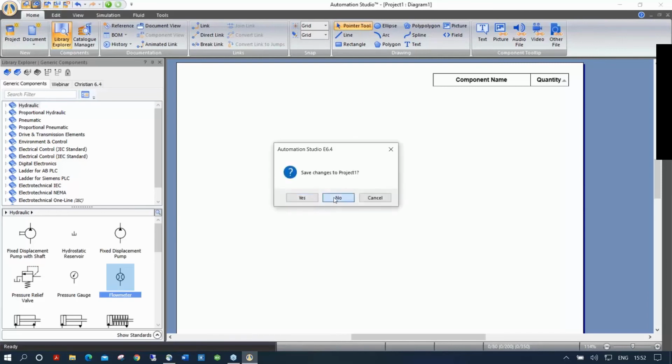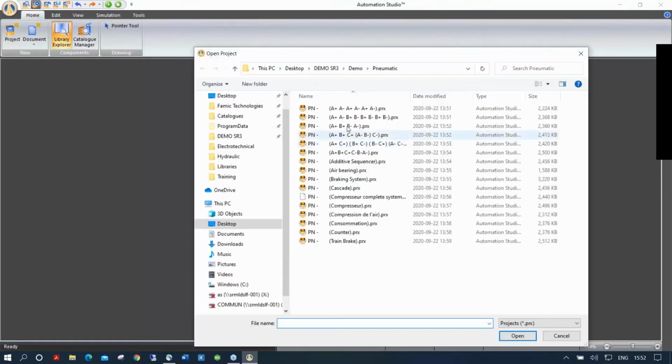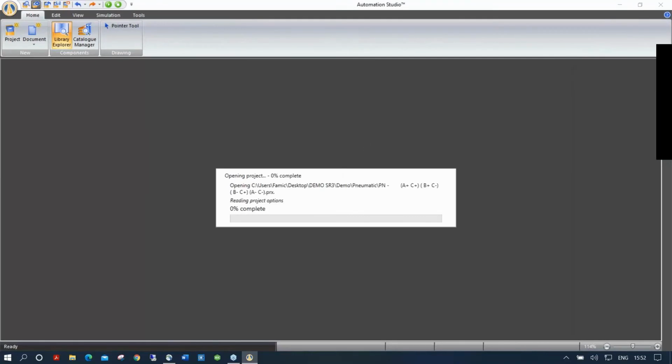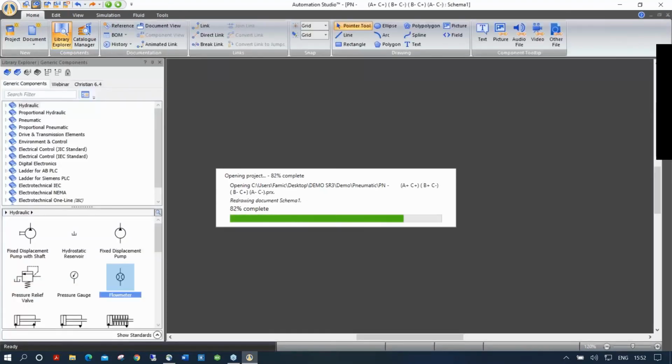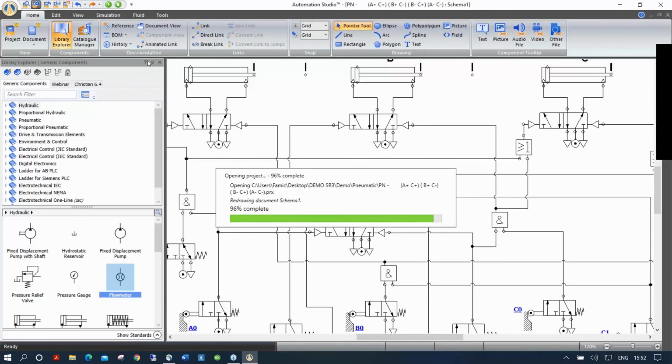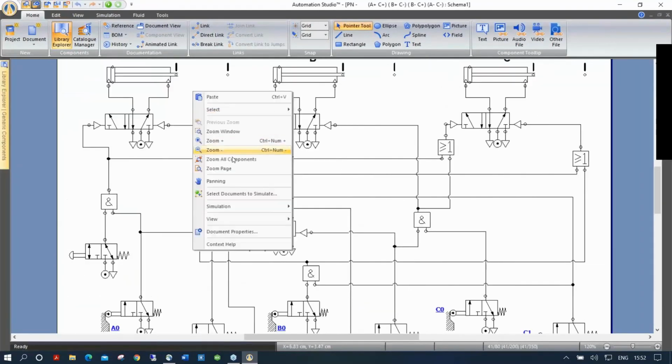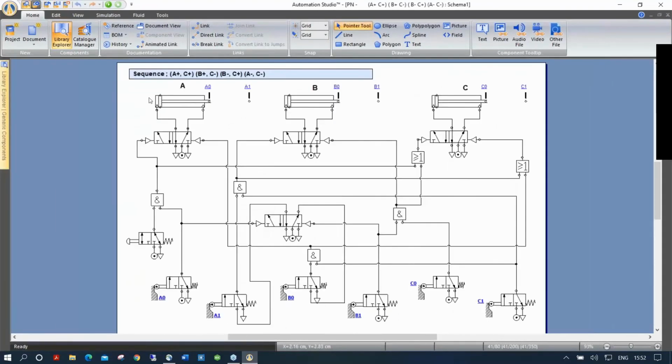Okay, so let's open just a pneumatic sequence that's a bit more complex. So let's go with this one, for example. So we have logic units, AND, OR, and things like that you can use. You can also put text on your schematic to explain, you can put a lot of things. So here I'm just going to zoom out, zoom all components. So here's my sequence. So when I start simulation,